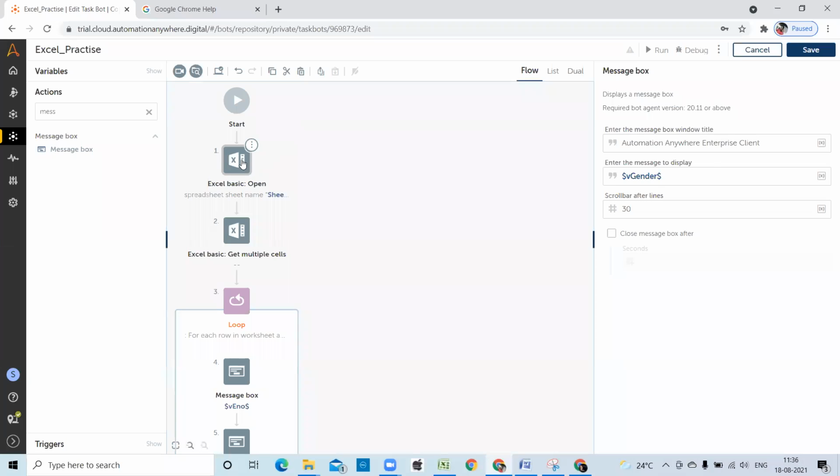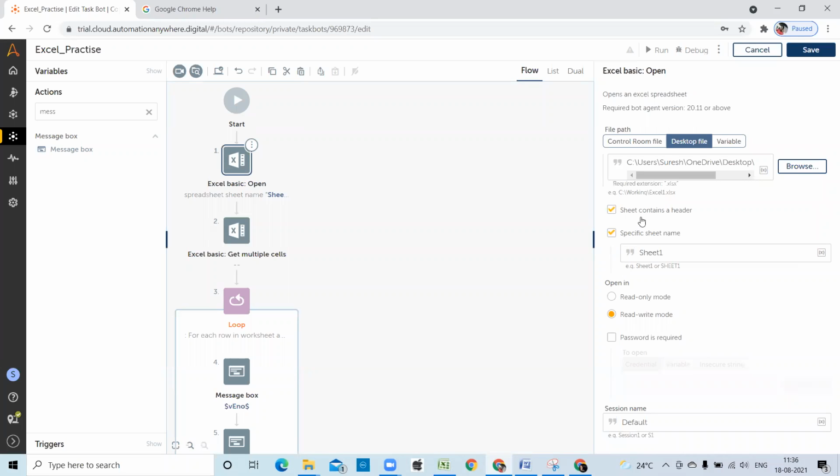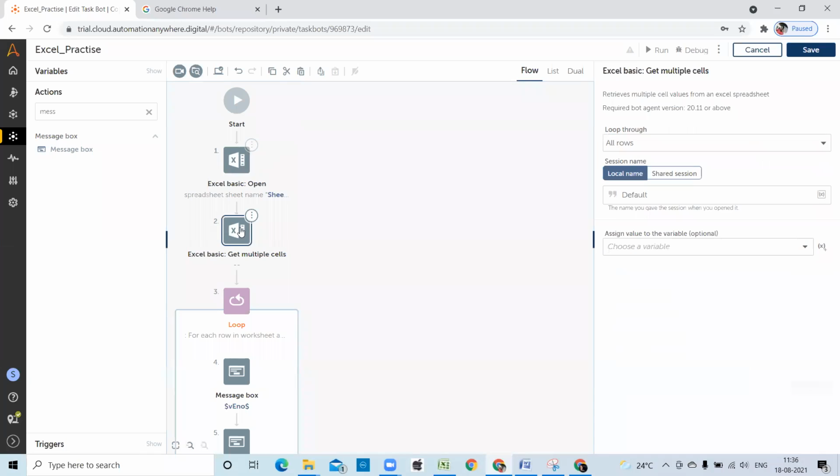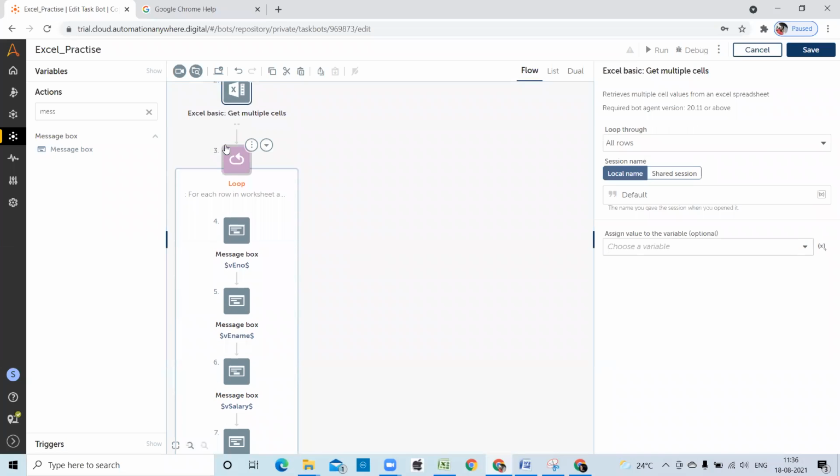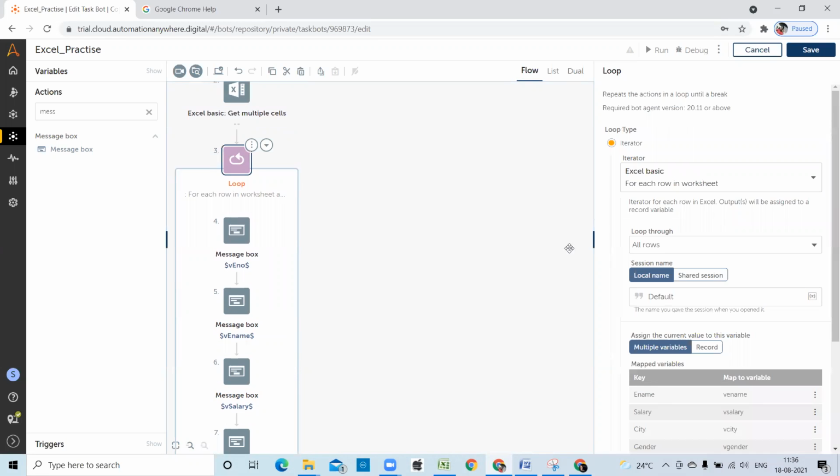So I can see now. First I'm opening the Excel file. I'm giving the sheet contains headers, specific sheet name, and read write mode. The session name will be default. So I'm getting all the data. Then I'm applying the loop. In loop, I'm selecting Excel basic for each row in worksheet.